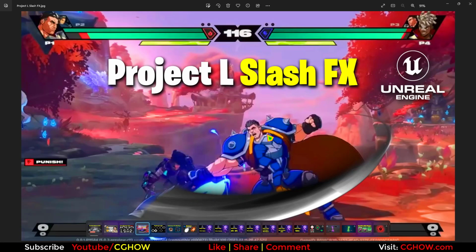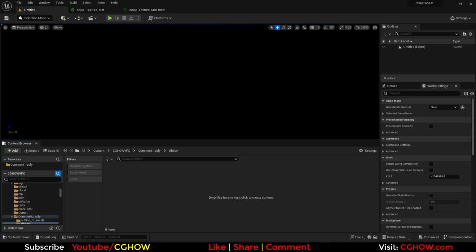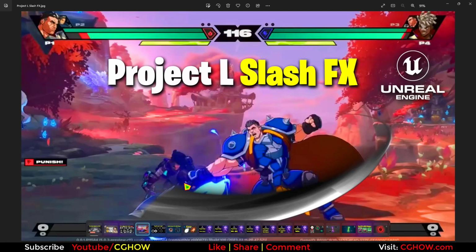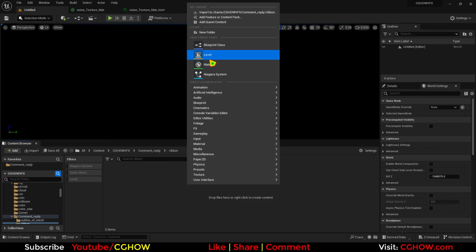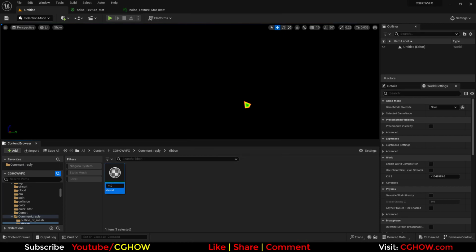If this is a random movement that your character will have, you can of course make a ribbon, and this material will not be applicable for a ribbon. So let's make a quick material for ribbon. One more thing: when you're making a ribbon, you don't need that curvature, where it is thicker from here and thinner at the tail. You can do that with the ribbon width itself in Niagara, or if you want, you can do that in the material also. So let's make a material first, M_Trail,